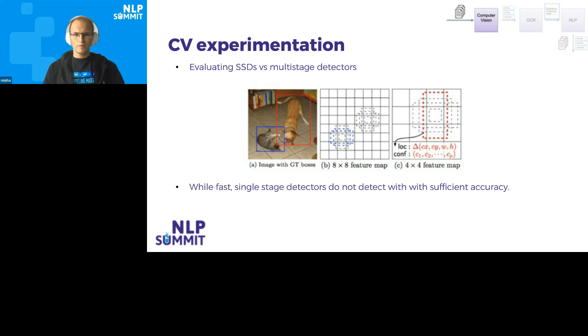We decided to use this model because it is very fast, and it was very easy to try in the first place. And we also saw the evidence that these models are really fast. SSDs are very good when you have constraints for inference time, but from the accuracy, from the performance perspective, they were not very good. So we decided to move to another family of models. And on the next slide,